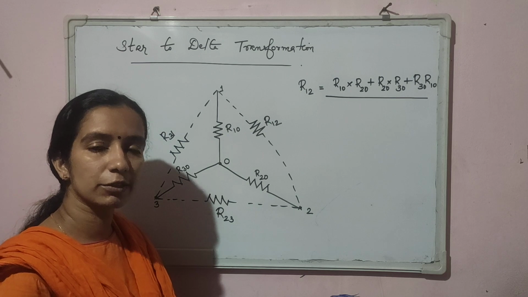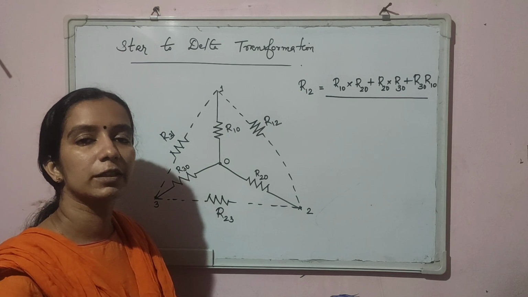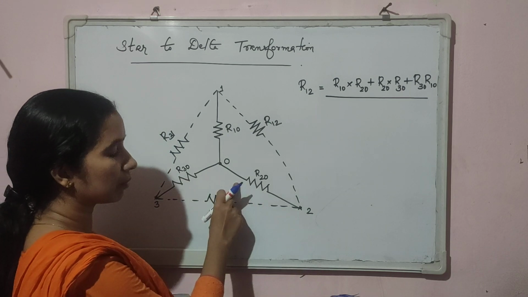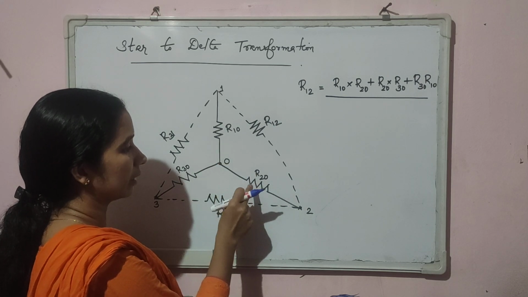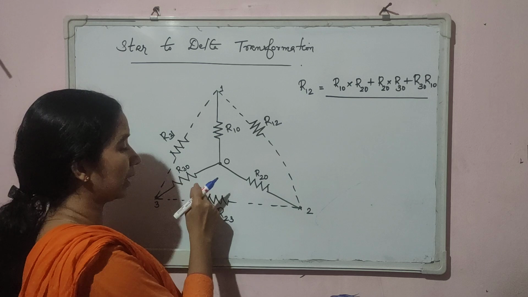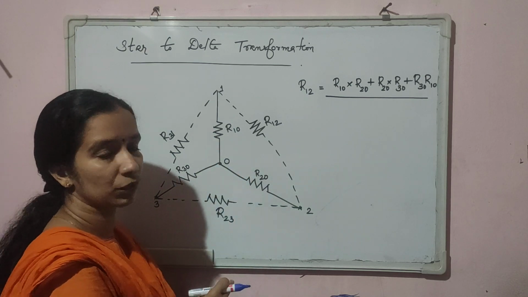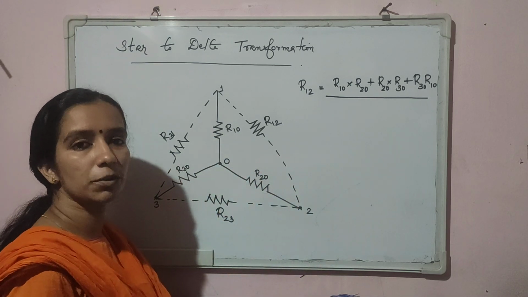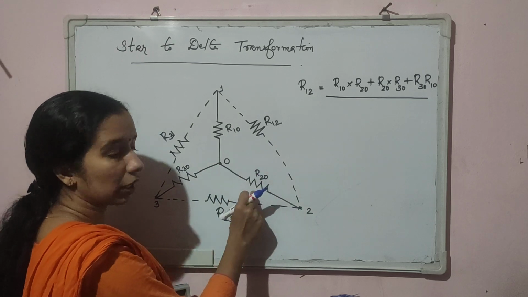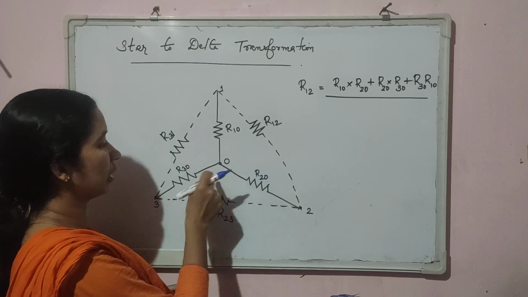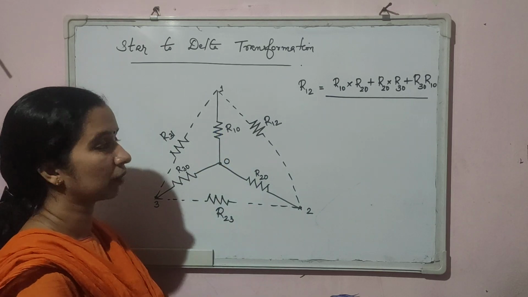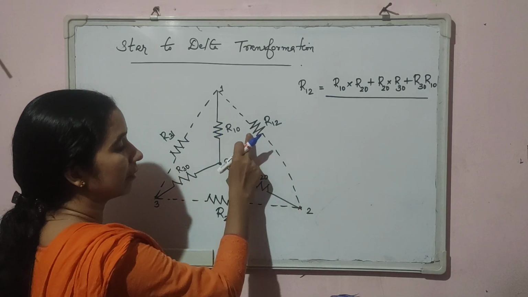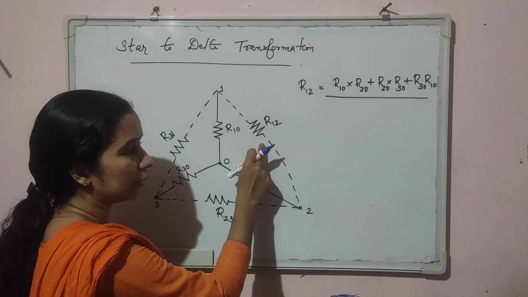Sum of products of all possible pairs of resistors. So here possible pairs are R10 and R20, then R20 and R30, and R30 and R10. So take the product of all those pairs. R10 into R20 plus R20 into R30 plus R30 into R10 is the numerator, and when we are calculating R12,